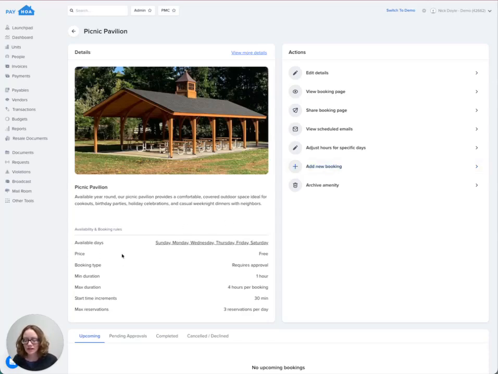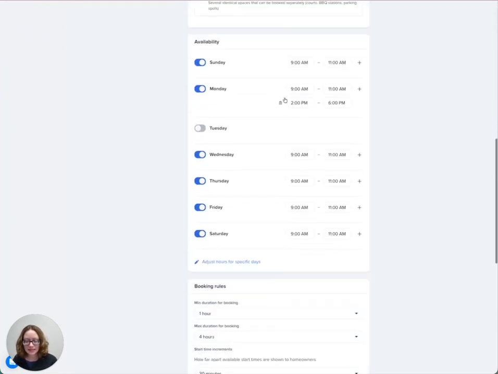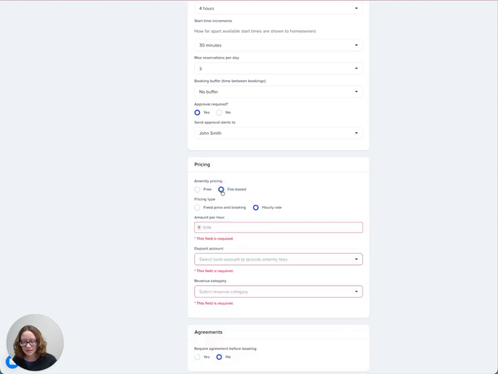This amenity here is currently free for a homeowner to rent. However, if I do want there to be a fee associated with it, we're going to go here to edit details. Once we go down to the pricing section, this is where we'll be able to configure those fees. These fees can be configured when you first set up the amenity, or they can be added in later like we're doing now. So if I want there to be a fee associated, I'm going to hit fee-based,